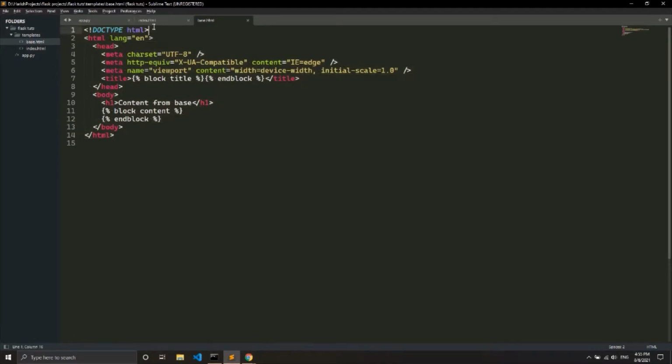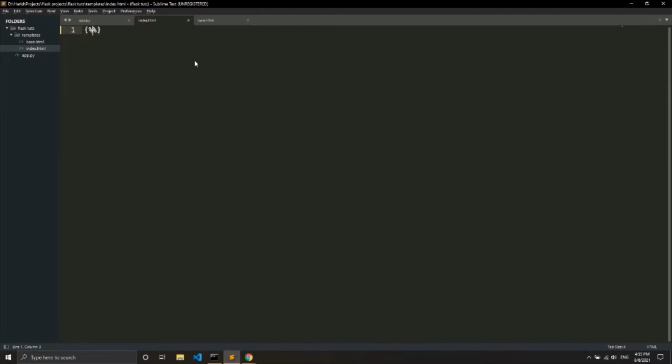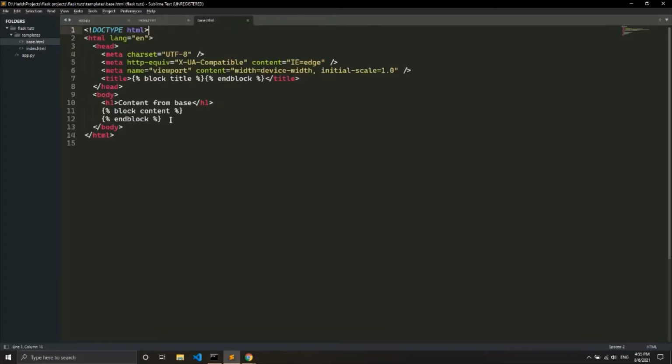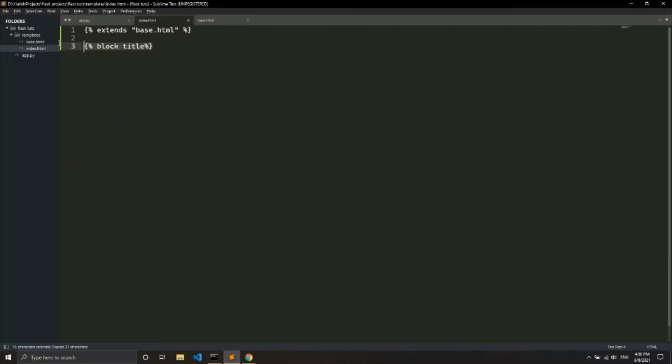So what I will do here is I will extend the base template. I have a block title here, so I'll specify the block title here. We'll keep it as page or something for now. After that, we'll create the block content.